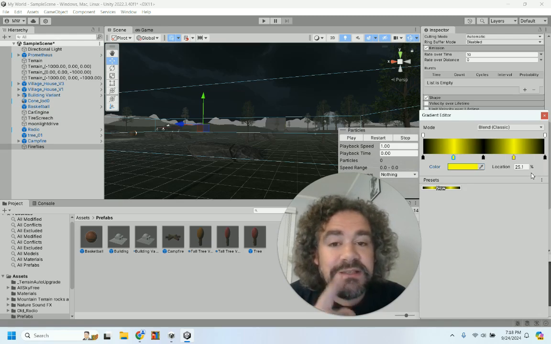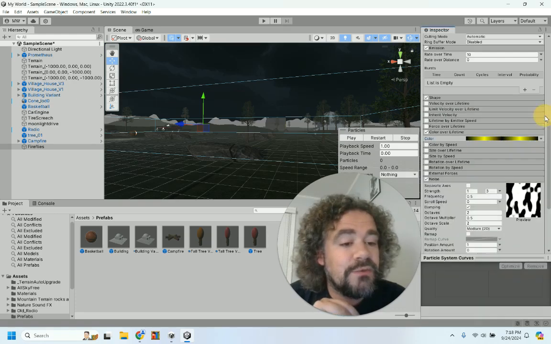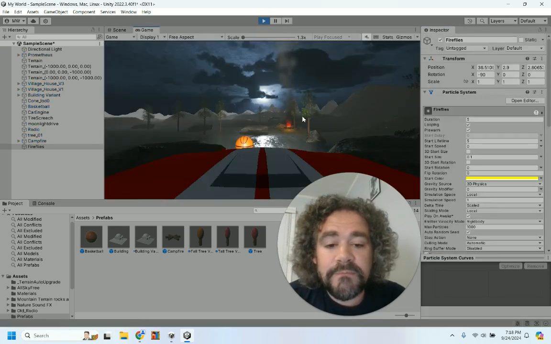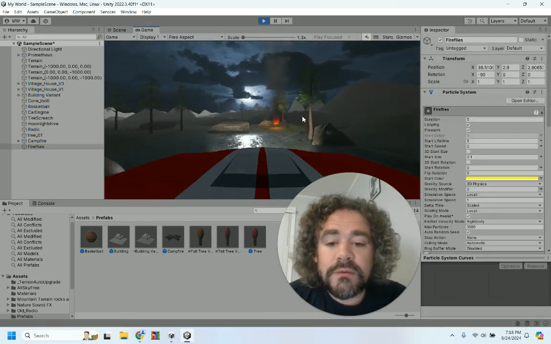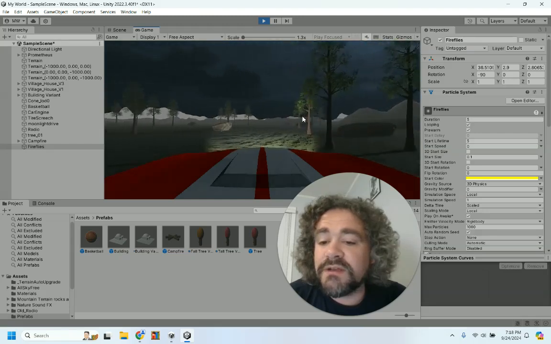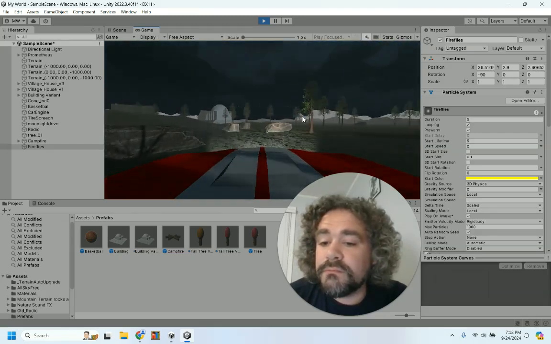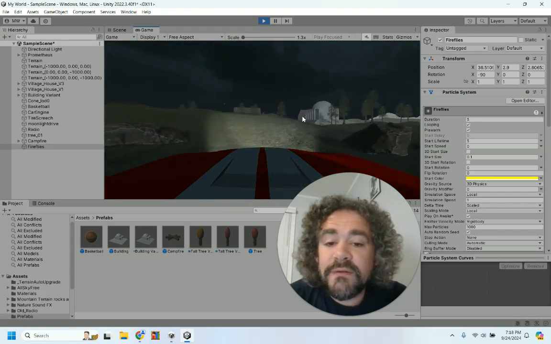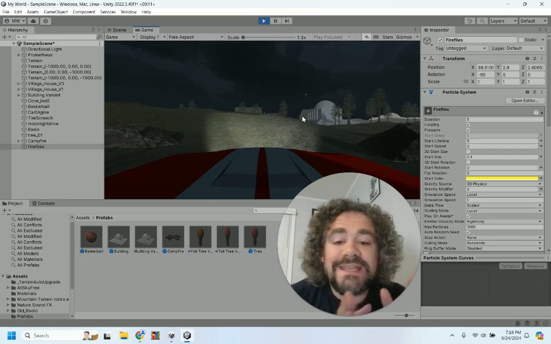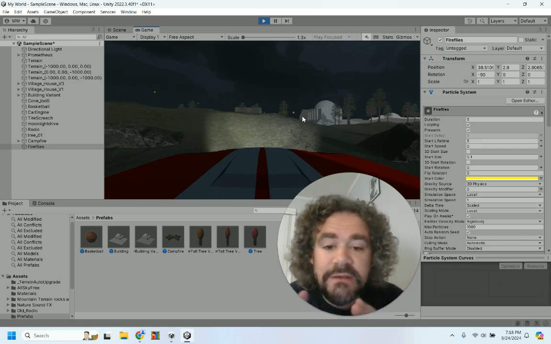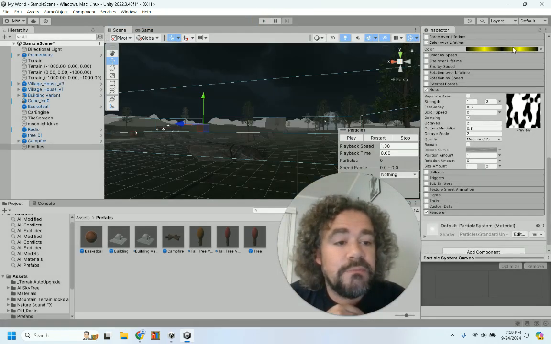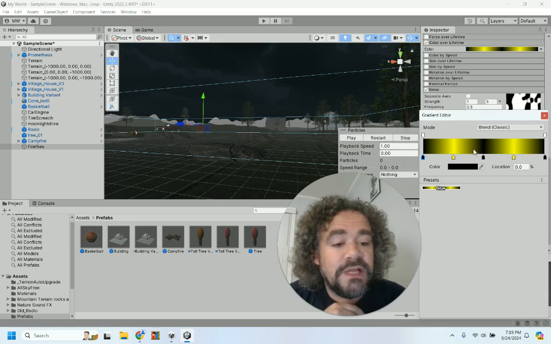All right, if we test it this way, it'll look okay, but it's still not quite finished. Let's take a look at it right now, the way I have it set up right now. See if you notice what I'm talking about here. I need to move this box so I don't have to turn around every time. All right. So they're going from yellow to black, but they're fading from yellow to black. Okay? They're fading because when we created this, we had them fading from yellow to black and then back to